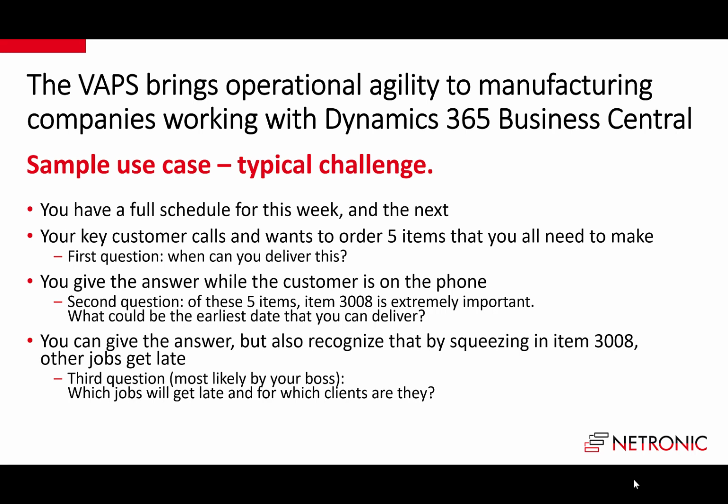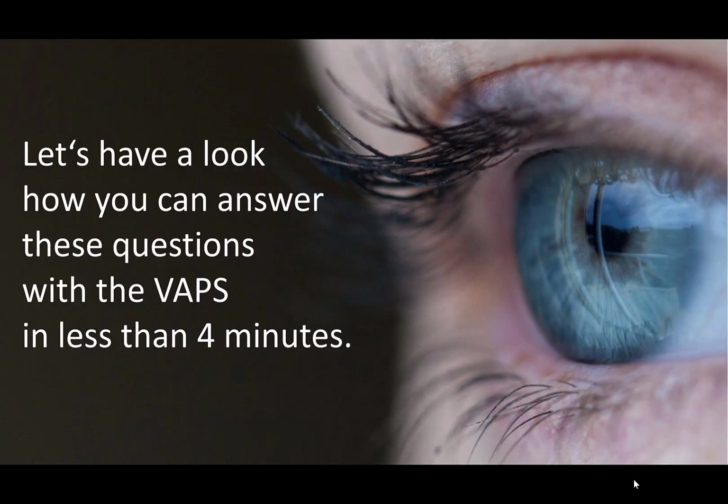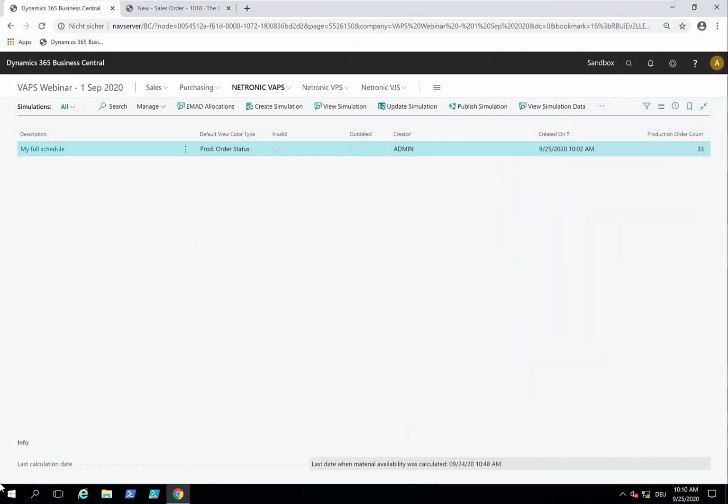So the third question that you as a production planner will be getting, and it is most likely your boss that asks, is, well, if we squeeze that in, which other jobs will get late and for which clients are they? And now let's have a look at how you can answer these questions with the VAPS in less than 4 minutes. Okay, I'm in Business Central and I'm in the area of my VAPS,